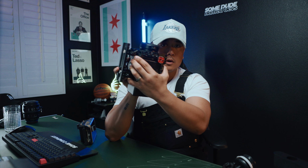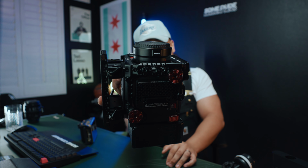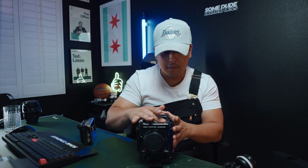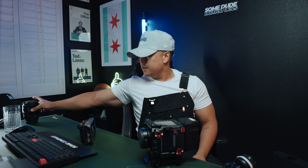I do have an adapter on here. It's RF to EF. That's all great, but this does not have built-in NDs, which is a massive thing for me as a shooter. It makes life easier when I can just tap a button and the ND filter just goes on. Now I need to basically have my lens and my matte box and swap out filters, which is such a pain in the ass. If they were to make it like this Canon,